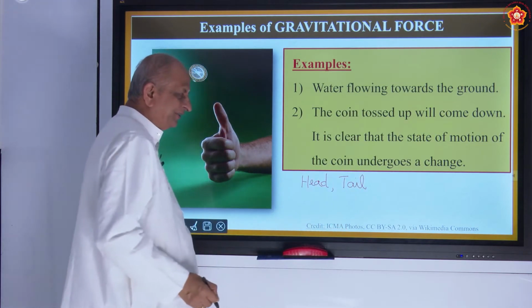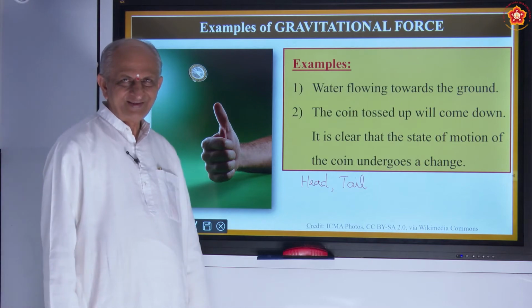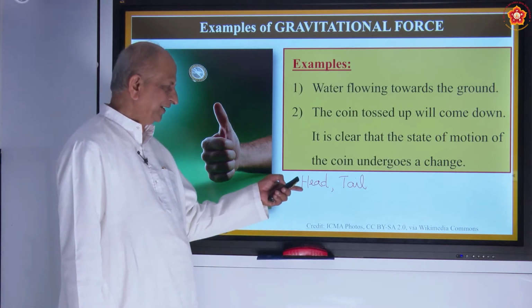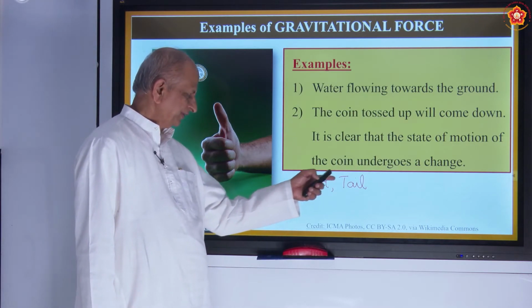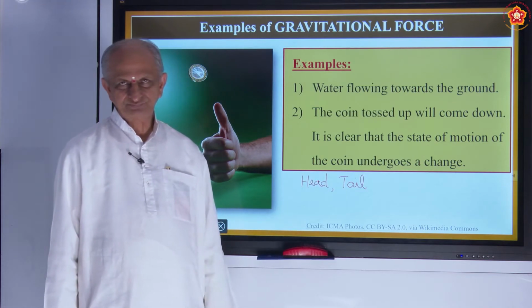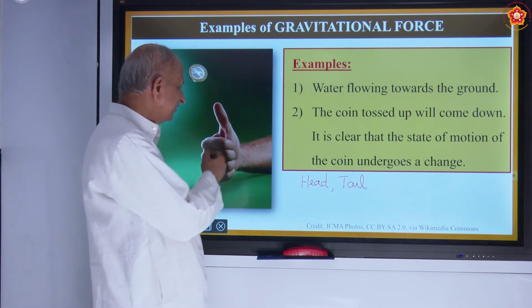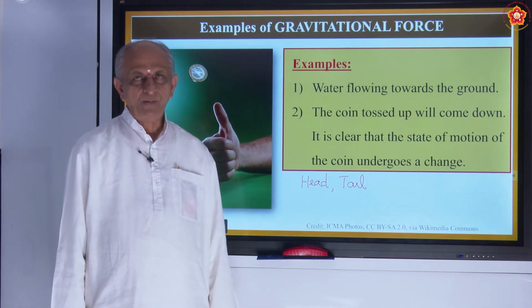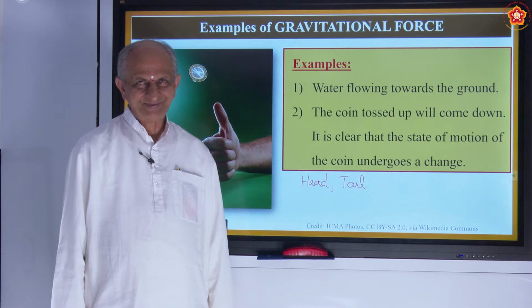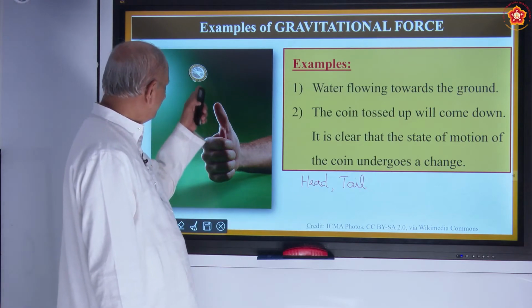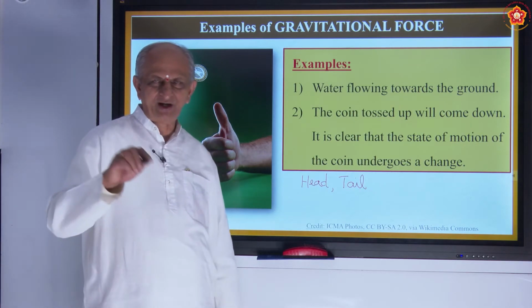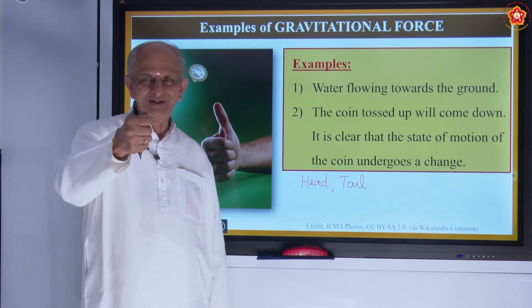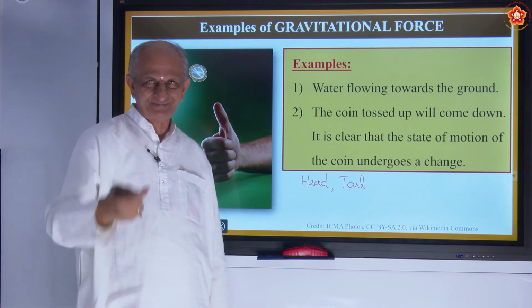Actually, there is no reason why it is called head or tail. Head usually means faces. Tail means number. So this tossing of a coin comes under a very interesting branch of mathematics called probability. Nobody knows which falls down, either head or tail. So our duty is to toss it.